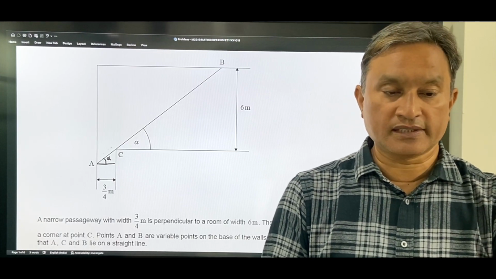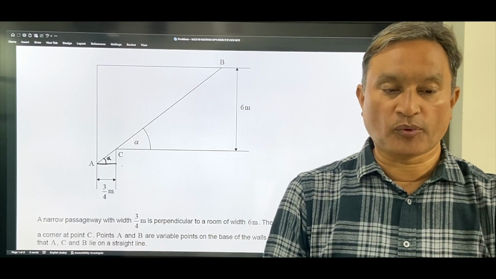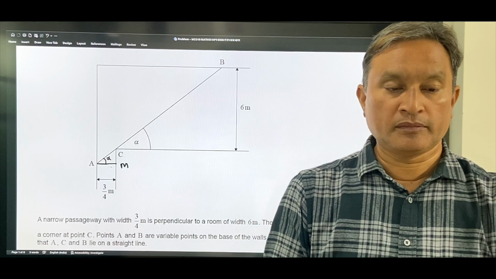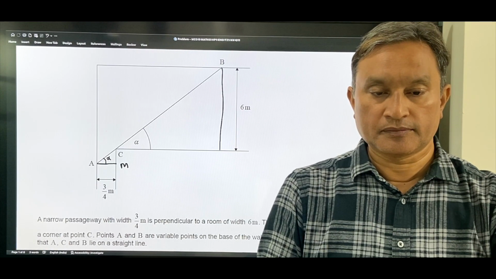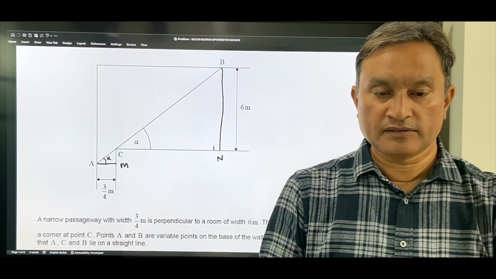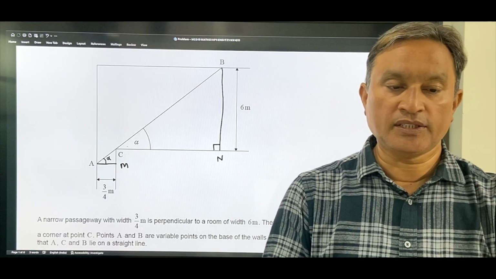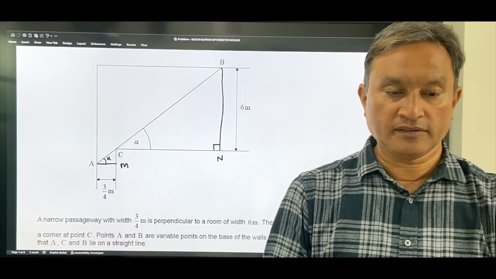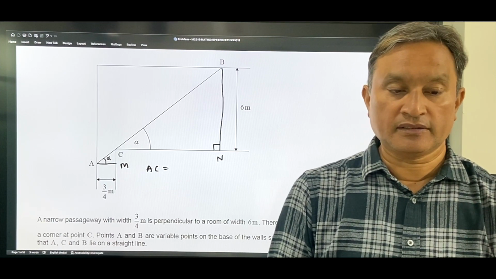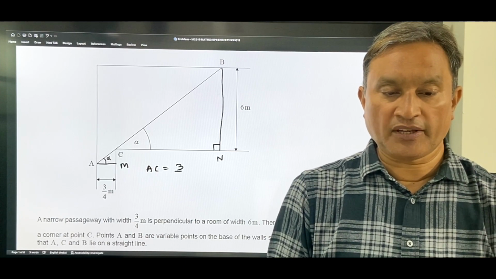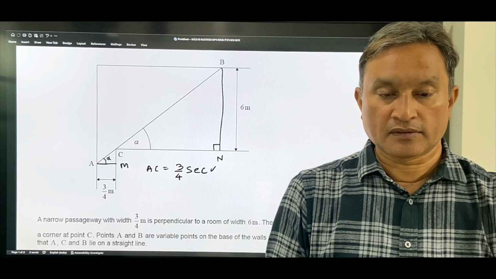Now we will consider two triangles. One of the triangles would be A, and here we can assume any point, say M. So A, C, M, and here we can assume the point is N. So both are right angle triangles. We will find the values of CB and AC. Here, because we know this is 3 by 4 length, AC would be 3 by 4 sec alpha,